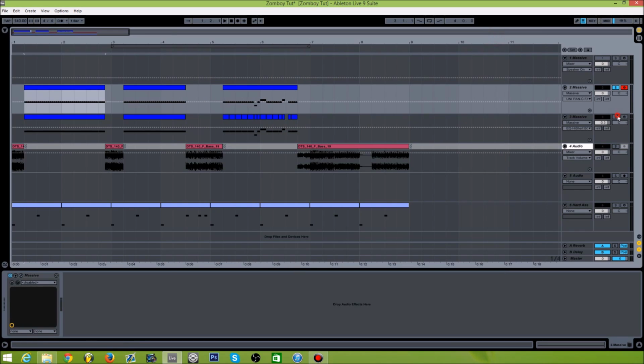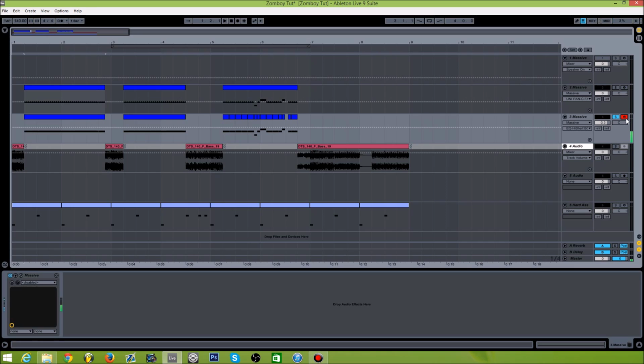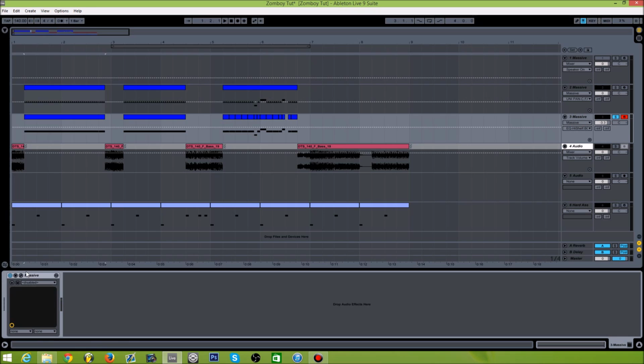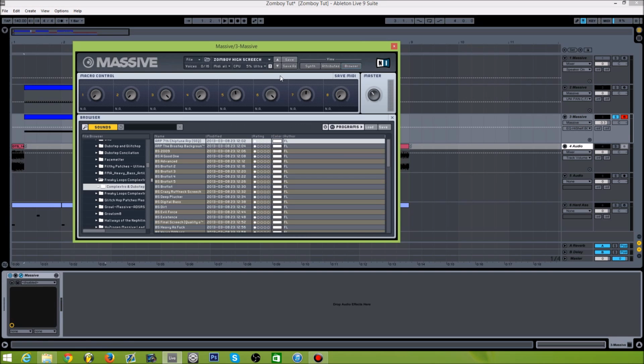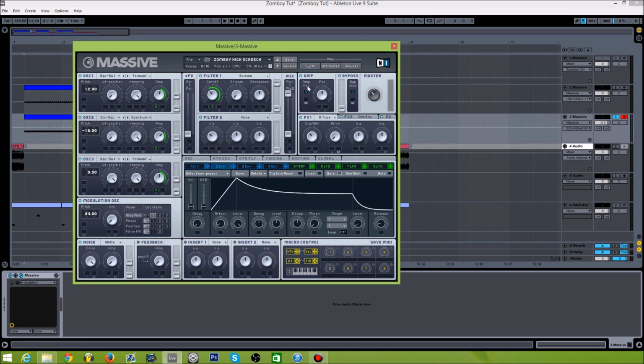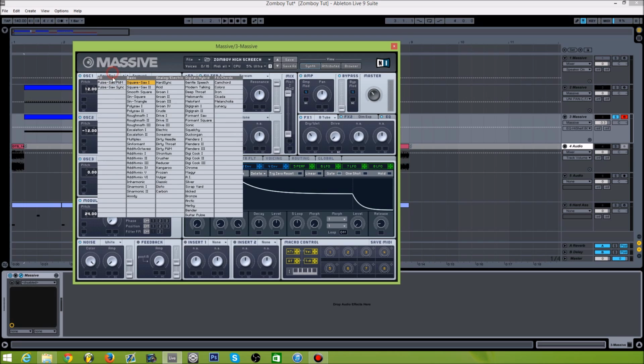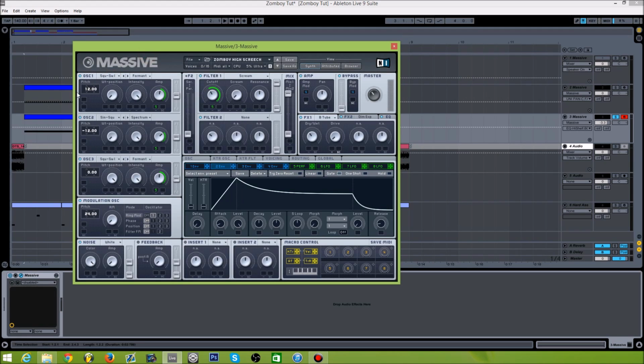Okay, the second one is the high screech that you hear. This one. Okay, so I'm gonna Massive. And then look, this is a pretty simple patch. Okay, go to the first oscillator, put a square saw, bump it up an octave, move the wavetable position all the way to the left,